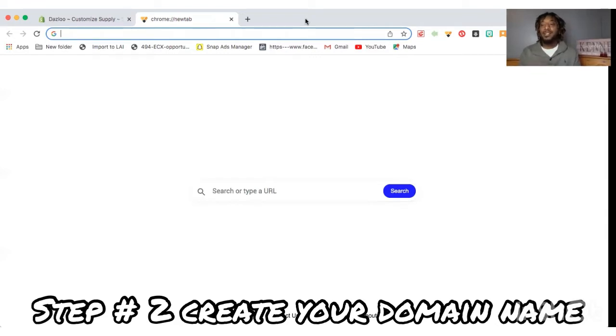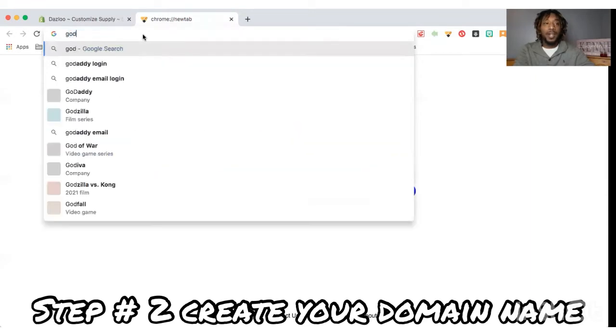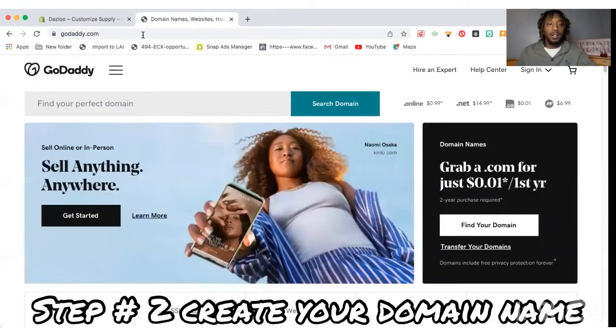Now, it does cost about $12 for a year, holding that URL title, but it's a small fee in order to withhold your URL for the whole year. Now, some of them are even only as low as $2 or $1.99. But where we're going to outsource our URL, or the basically broker for URLs, is going to be GoDaddy. GoDaddy.com. So we're going to go to GoDaddy.com.